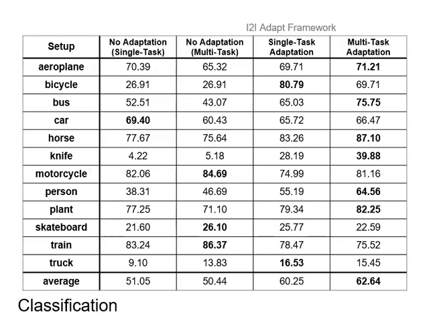We reported the performance of four settings. No adaptation single task: models are trained in the source domain and are directly tested in the target domain. No adaptation multitask: in this setting, models are trained jointly for two tasks, using source domain data alone. Next, single task adaptation, which is the image-to-image adapt framework. Finally, multitask adaptation, and that is the proposed method.